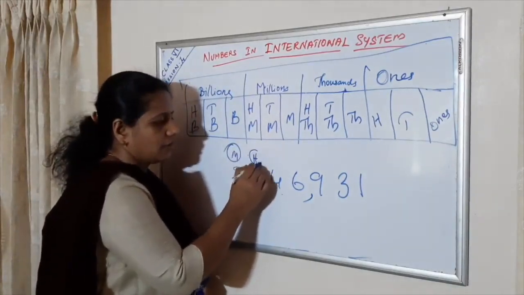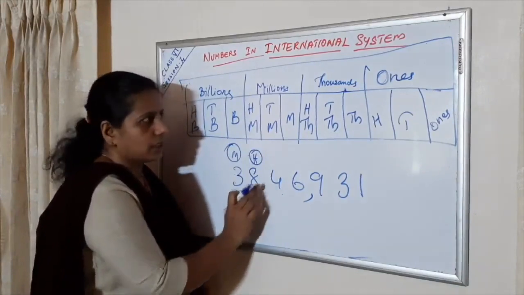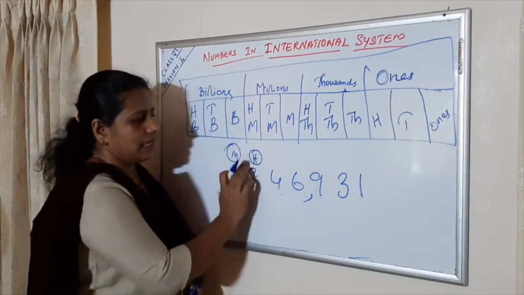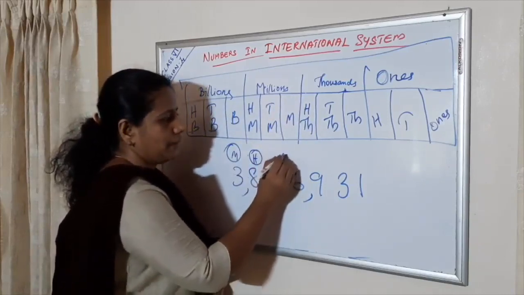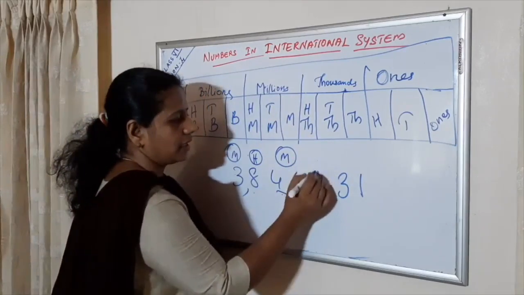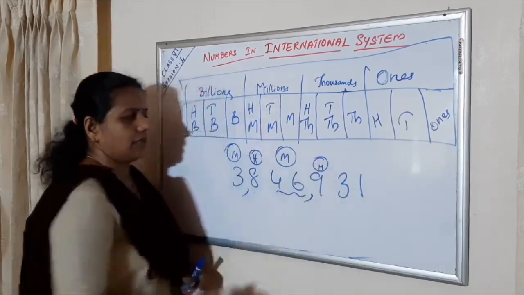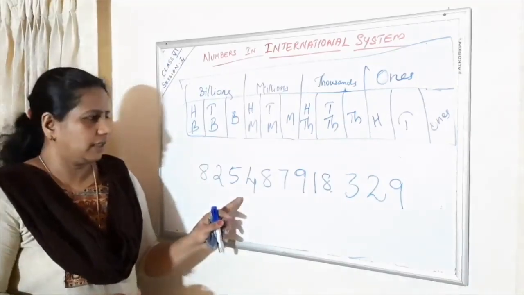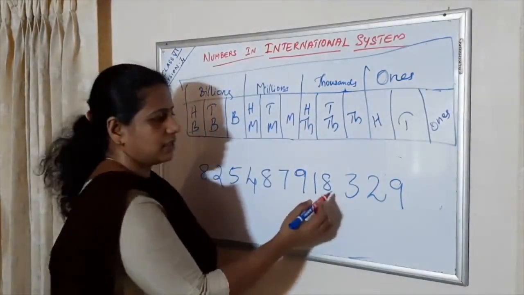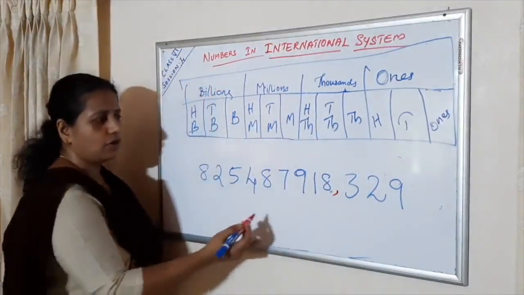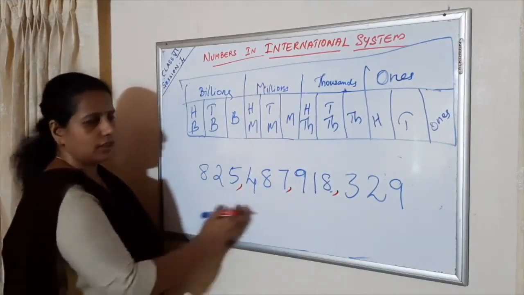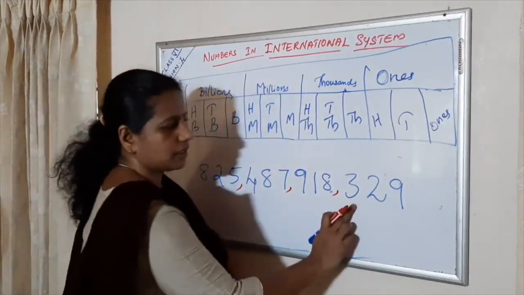3,800,000. What I told in 5th standard, you want to read 100 place in each period. That is 846 million. You can read it together. Then 931. Look at the given number. Then how to insert commas after every 3 digit. Now in the international system, follow 3-3 patterns. That is after 3 digit, insert the commas. Okay. Now read it. This one is